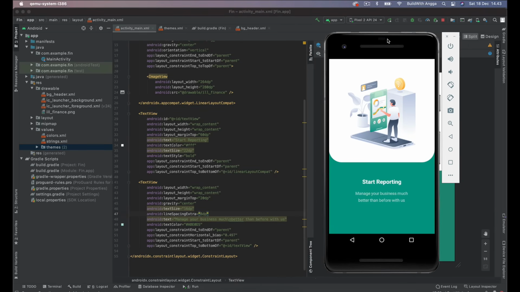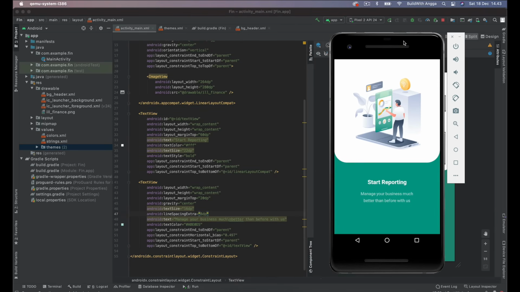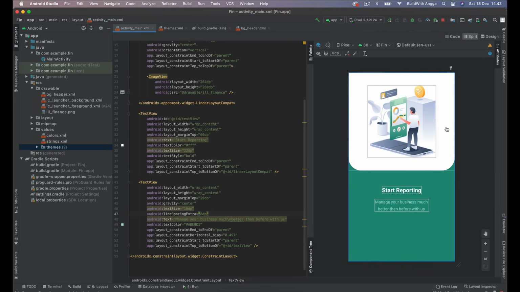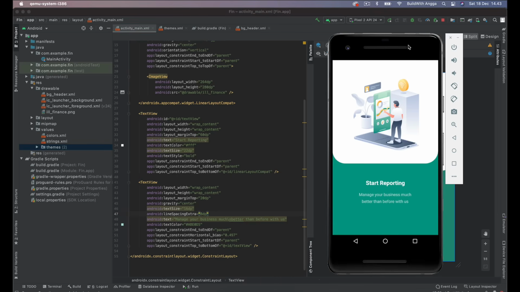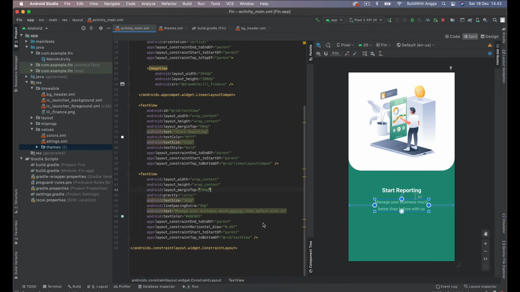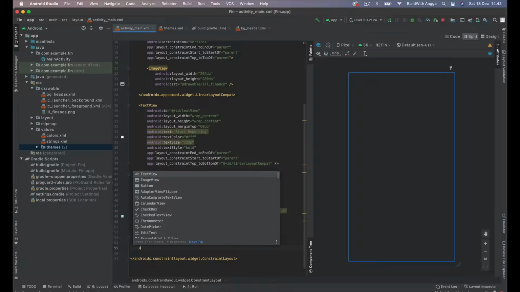Okay, well done guys. Well, actually I'm confused. Why is it a little bit blurry in this emulator, even though when you see in this preview it's totally fine. I don't know why. Maybe you know the problem is, but yeah, you can tell me. I don't know why it is blurry. That's it, right?